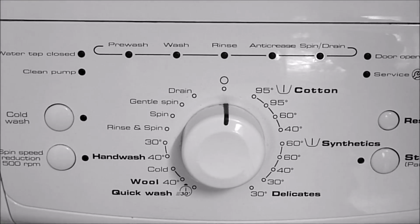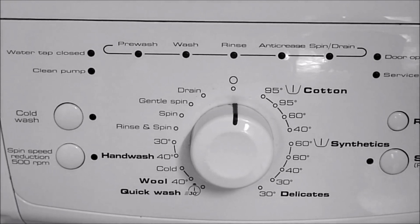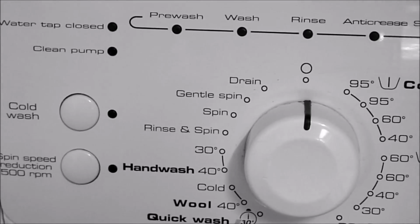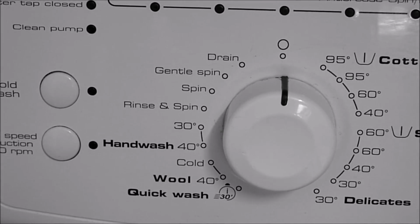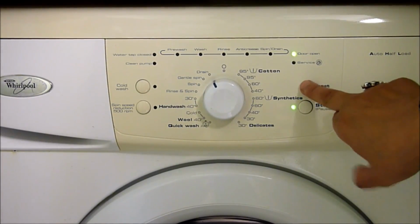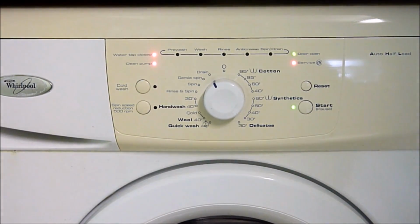Today I'm going to show you how to enter the diagnostic mode on a Whirlpool washing machine. When you have a problem with your washing machine, the service red light will start to flash. To enter the test mode, just turn the dial anti-clockwise to drain and press the reset button 4 times within 5 seconds. Your machine will then start a series of tests and the lights will start to strobe across